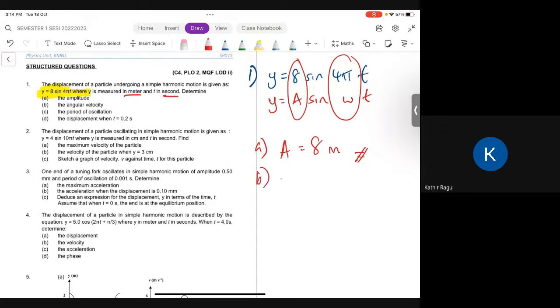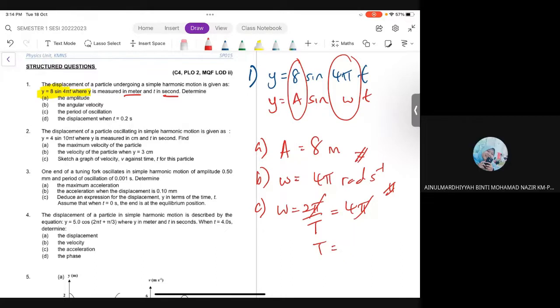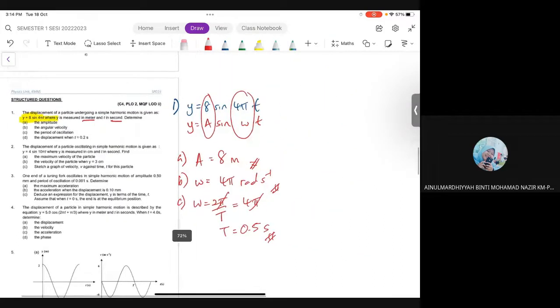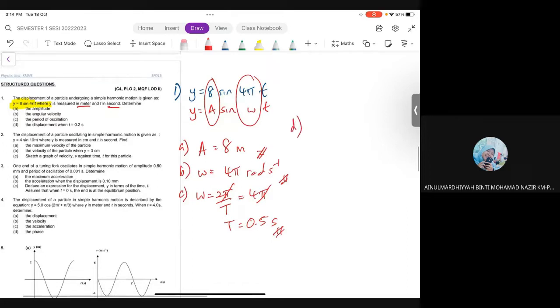Okay, number B, they ask you angular velocity omega. So 4 pi. Terus ambil je. Unit rad s negative 1. Number C, they ask you about period. So omega equals to 2 pi over T. So you ada 4 pi. Pi cancel. So your T akan jadi 2 divided by 4. So you akan dapat 0.5 second. Okay, the next one, they ask you to find displacement. So displacement meaning we want to find y. Bila dia cakap displacement, they ask you about y lah. So kita akan guna y equals to,